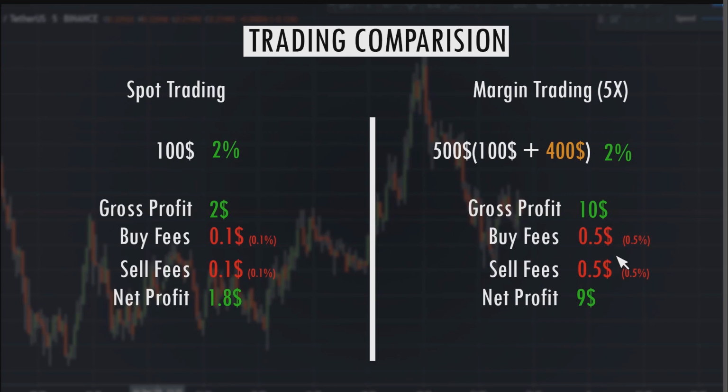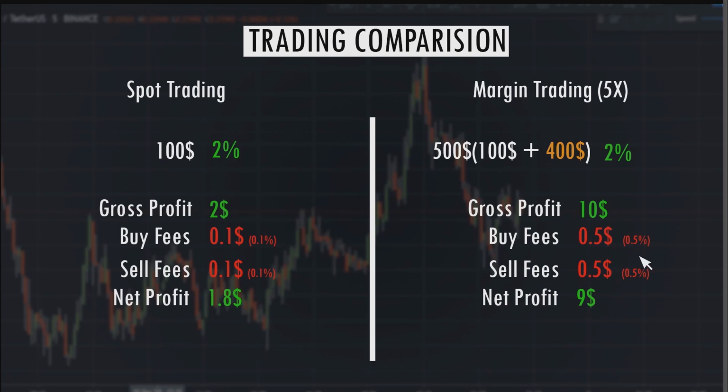$10. But here is where things change a bit. So your buy fees and sell fees would be 0.1% of $500. So that's 50 cents. Because all of these are virtual funds, these are deducted from your $100. So that means you end up paying 0.5% as the fees, and same thing with the sell fees, you'll end up paying 0.5%. So this is the reason why exchanges allow you to do margin trading, because they can charge you more fees, so that means more incentive for them. So this is the biggest drawback about margin trading. And your net profit would be $10 minus $1, which is $9.